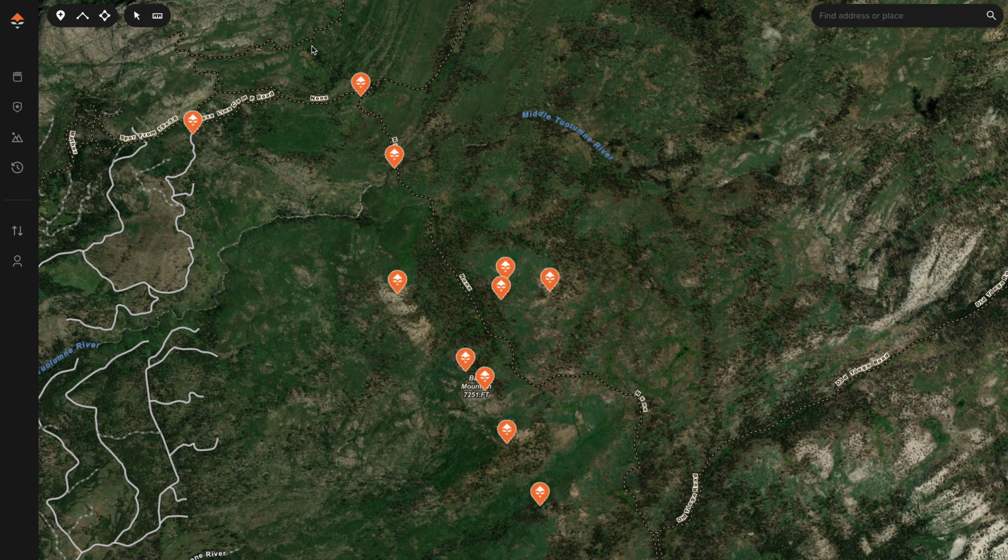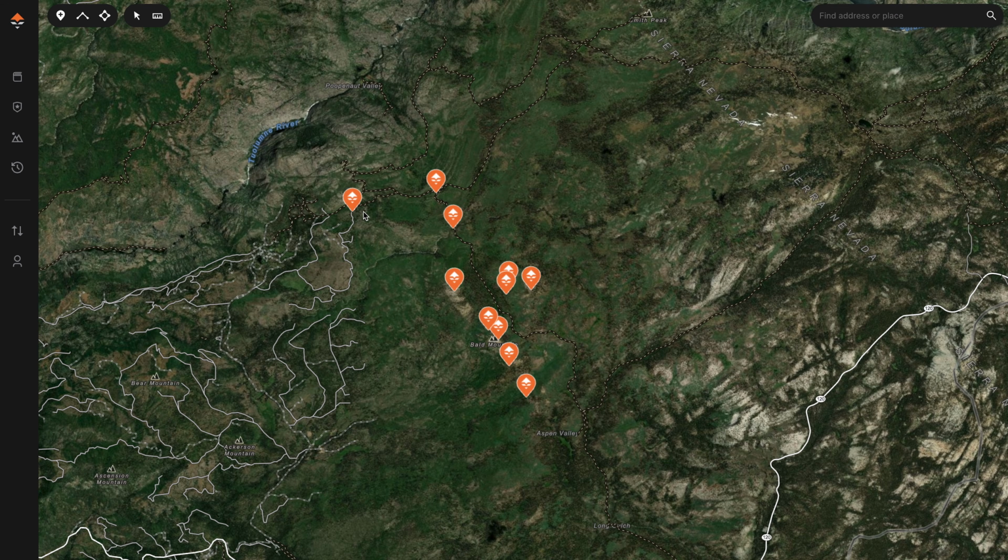I want to organize these into a hunt folder, because the hunt folders are gonna keep me, again, organized with a good plan, and then I can just turn off and turn on hunt folders as I need to, or have hunt folders based on year, or hunt folders based on species, whatever you wanna do, you can do it on GOHUNT Maps. So I'm gonna go up here, I'm gonna click the little arrow button, that's gonna allow me to bulk select everything,